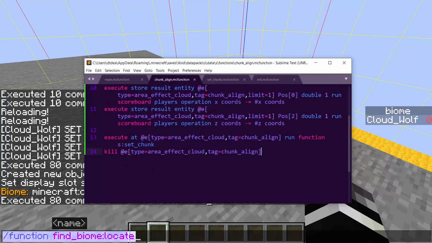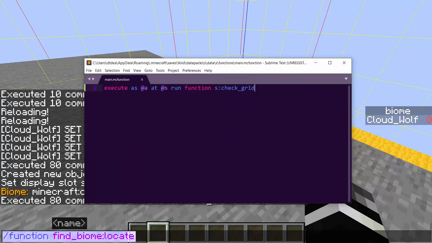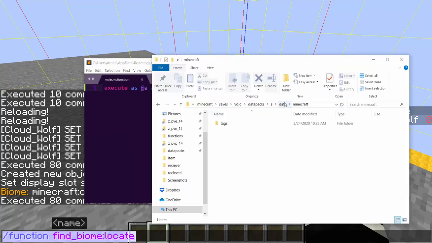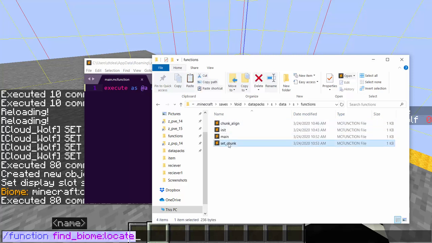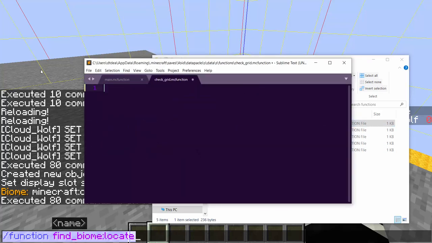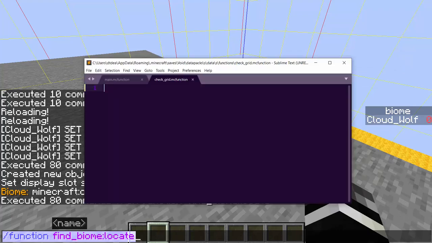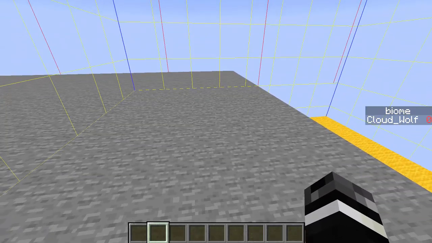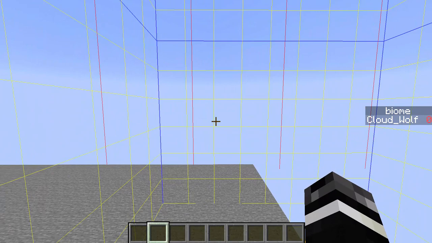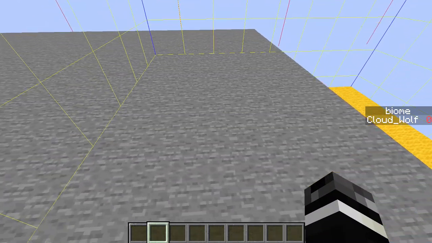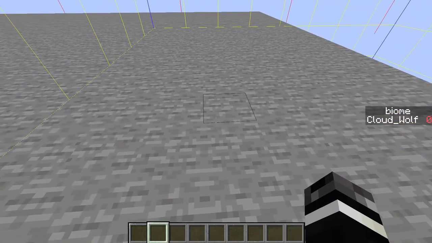But anyways, let's go ahead and set up these, what I would call feelers or something, a grid of checking. So we go back into S, we go into the actual S subs category, and we do check grid. So what you want to do is check not the chunk they're in, but every chunk in front of them. I don't want to check this chunk. I want to check maybe like 4 chunks out. And this will work